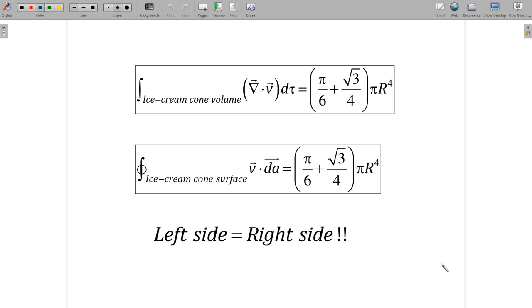Because you know the elemental volumes and elemental areas, you know the method, how to think about them. And you can also try it with some other surface. For example, you can try it with a simple surface like a sphere centered at the origin. So it's a closed surface. Or you can use the same volume and the same vector field and use a different surface. Instead of the ice cream cone, you can use a sphere which is centered at the origin, which has a particular radius r. So it will have a volume